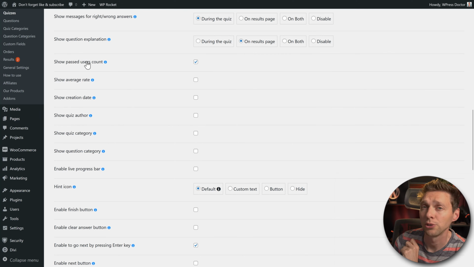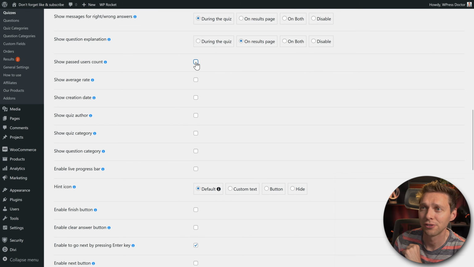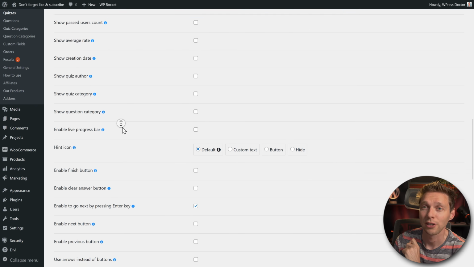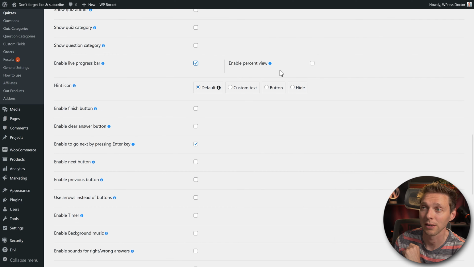The show past user count, this little icon on the right bottom. I don't want to show that, so I'm going to remove it. Then we have the average rates. You can show it, the creation rate, the quiz author, the quiz category, question category, enable live progress bar. I like this one, so we're going to enable it, and the percentage